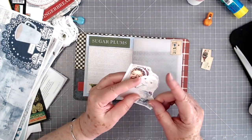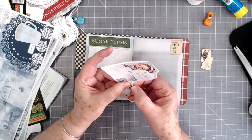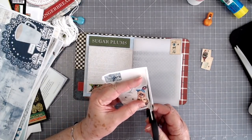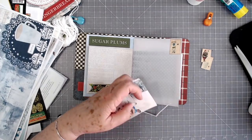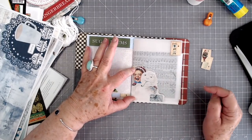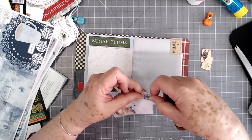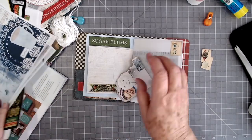Oh yeah, that'll be cute right there. I'm going to tear a little bit more right here. And then I'm just going to cut this white off that's around it. Oh yeah, that'll be cute. I like that. Now I am going to ink. You know I am because I like inking. But you could leave it. You don't have to. Now I'm going to have to use my glue stick on this